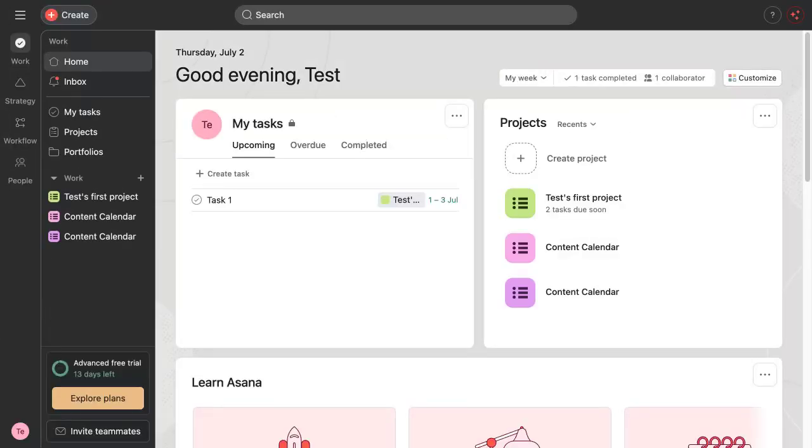In today's video, I'll show you how to recover a deleted task in Asana. We've all done it, deleted the wrong thing and felt that jolt of panic. The good news is that in Asana, a deleted task isn't gone forever, and getting it back is quick and easy. Let's jump in. Starting from the sidebar on the left, I'll open my project by clicking on my test